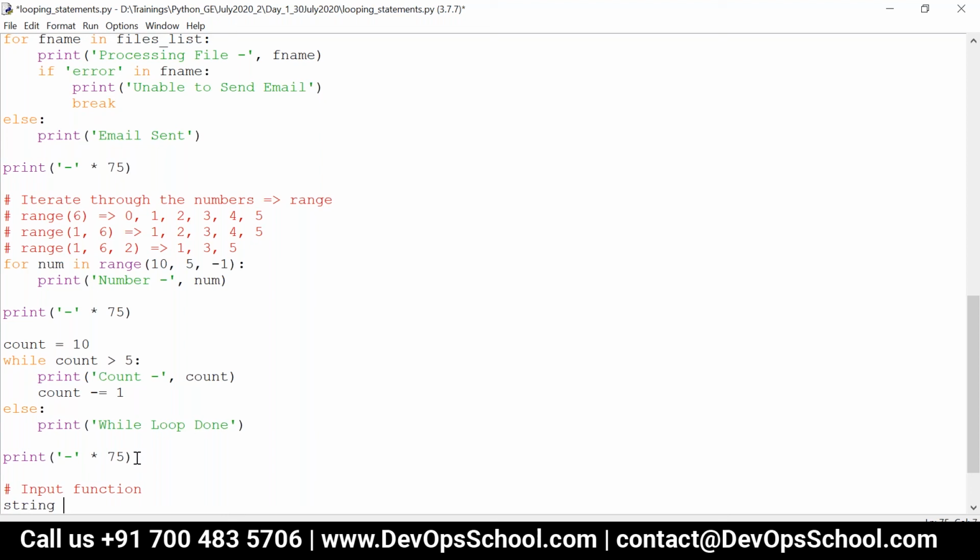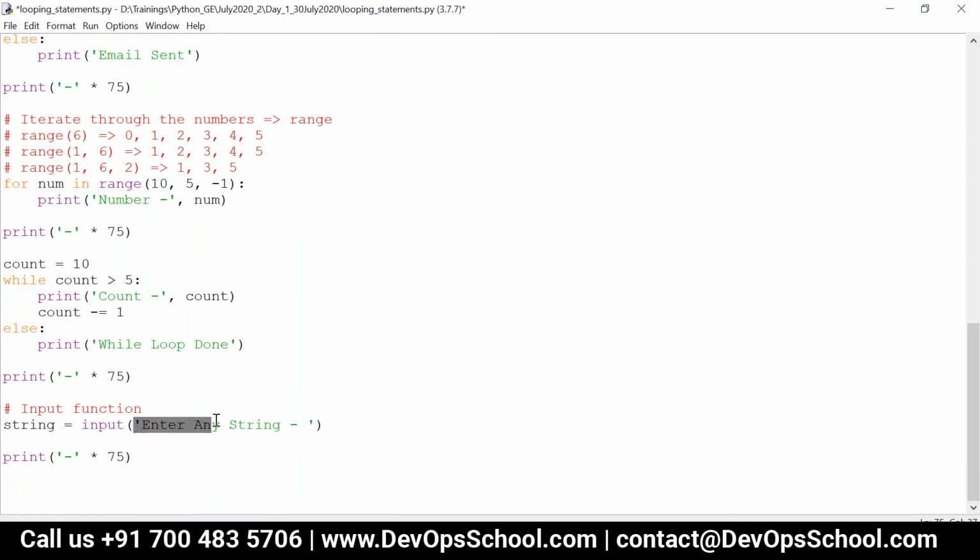If I say string is equal to input of enter any string, the parameter you give is optional and it is the prompt message.